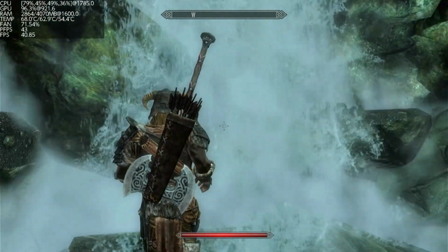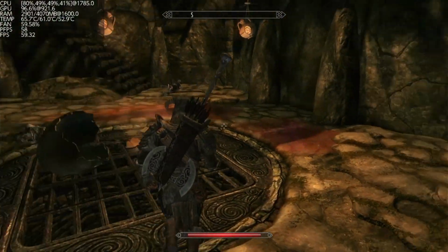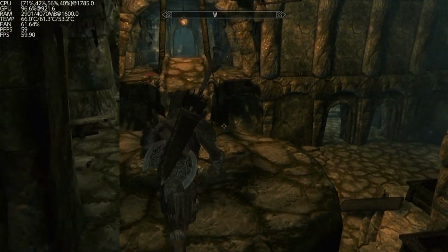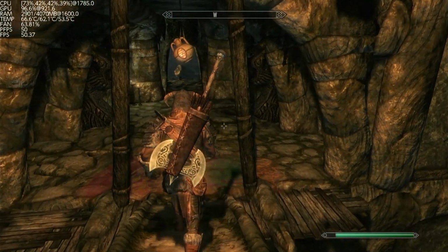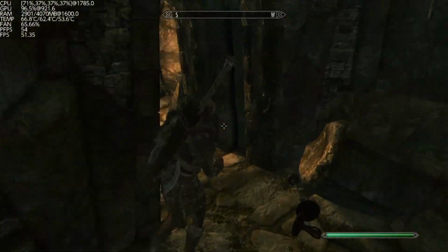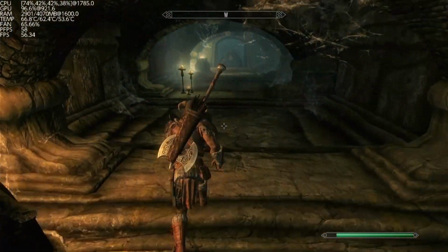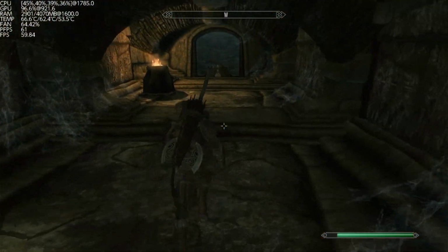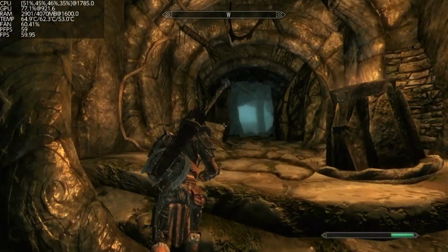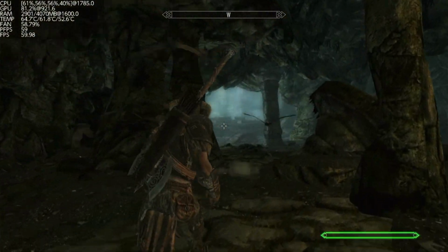Now we're back inside the bunker, a little bit more open area. And again, still sitting around 55 FPS. There's a bunch of lighting and shadow effects. So as long as you're inside a more enclosed area, you're definitely going to be hitting a lot closer to that 60 FPS mark. Even here in the cave where there's a bunch of lighting effects up ahead and fog,